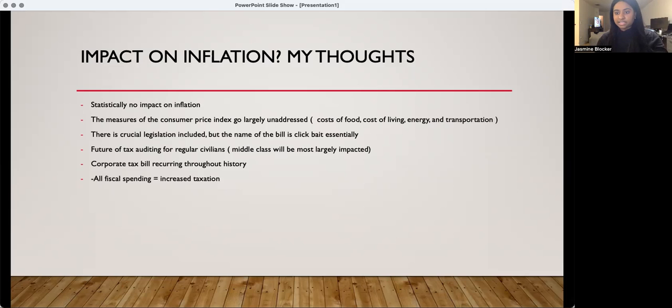Like what I think this is going to prompt, I think this is going to prompt a lot more lower income and middle income bracket households being audited by the IRS about tax returns that they filed 3 to 5 years ago. And they're saying the exact opposite of this is going to be the impact, but I don't think that's true, just because the history of the IRS, like they've always been grossly underfunded.